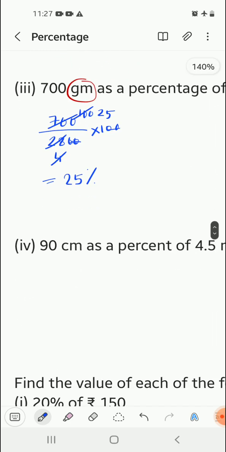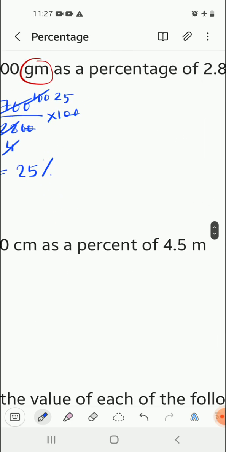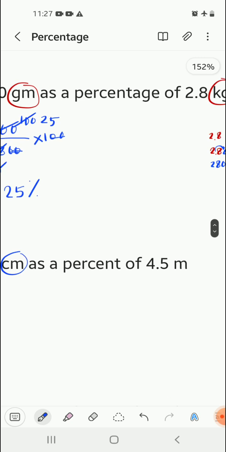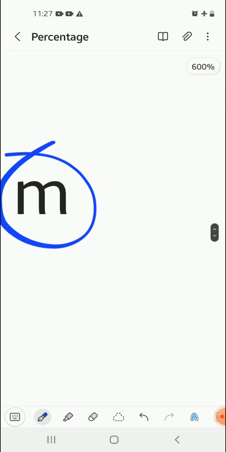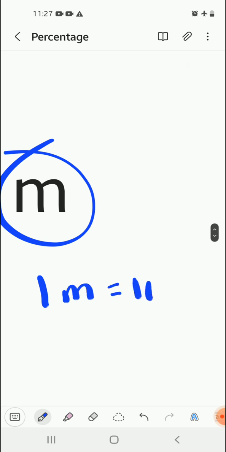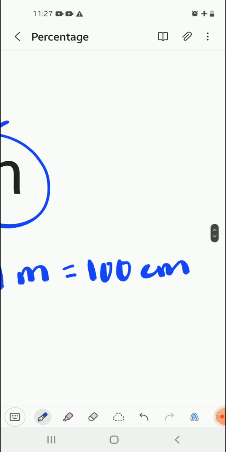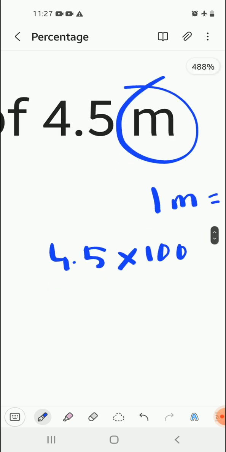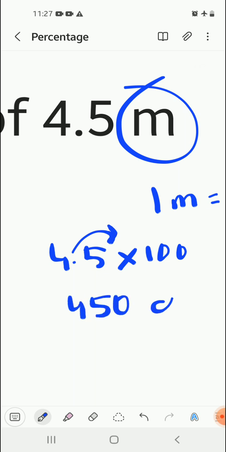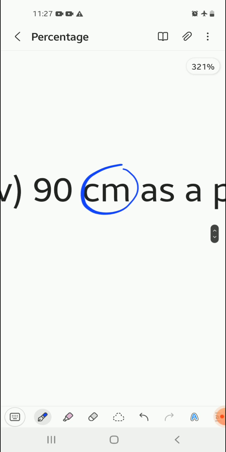the next question, 900 centimeter as a percentage of 4.5 meter. Again, centimeter, meter, two different units are used. So meter is greater than centimeter, so we will convert meter into centimeter. We know 1 meter is equal to 100 centimeter. Therefore, 4.5 meter would be 4.5 into 100. Decimal point would be shifting to the right 2 times, so it will become 450 centimeter. And here it was given 90 centimeters. So 90 by 450